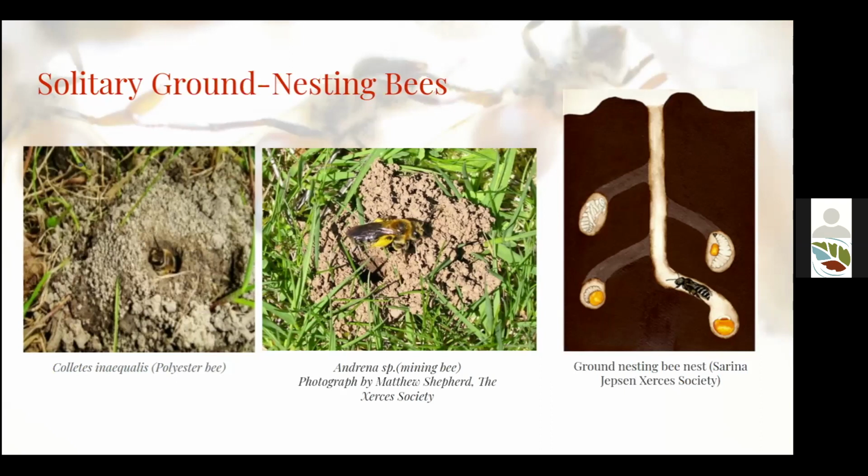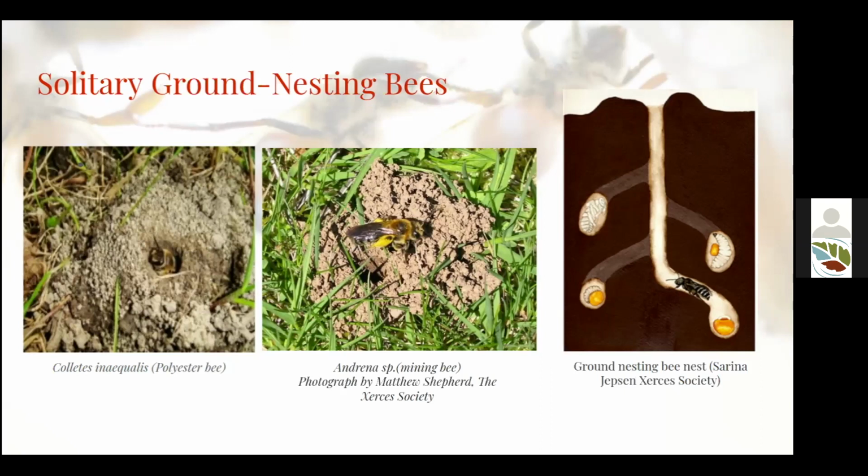She'll lay an egg on it. And when that egg hatches, it'll eat all of the food in that little pollen provision that was left by its mother. It'll grow into a big fat grub in its larval stage, and then it'll spin a cocoon and pupate. The adults and the females doing this work are only active for about 4 to 6 weeks. And so when they are done, the rest of the year is dominated just by the little larvae, the developing bees and the brood that are underground.